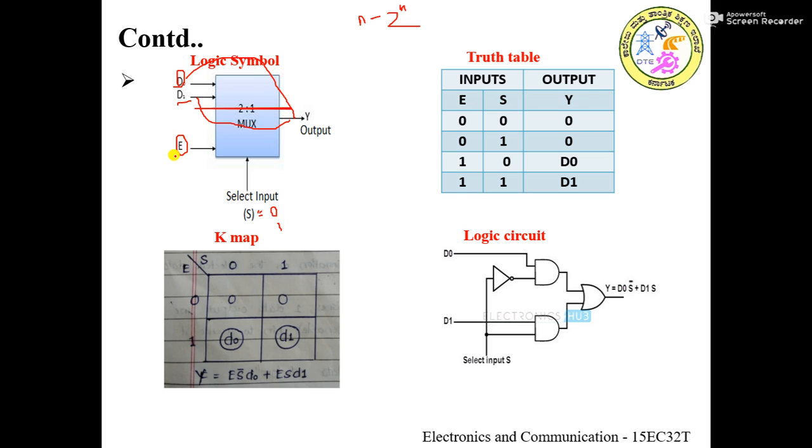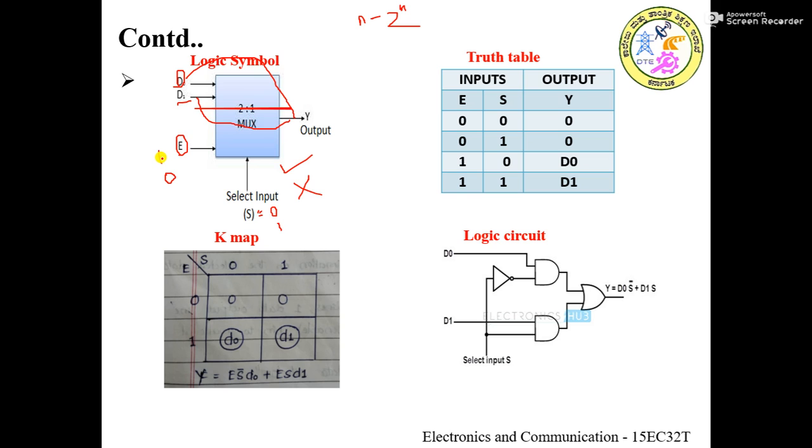Active high pin in the sense, whenever I provide an input 1 on this pin, this logic system is going to be enabled. And if I provide logic 0 on this pin, this is going to disable the system. Whenever I enable the system, I can make a selection of these two inputs based on the select input. Means for this operation, I have to